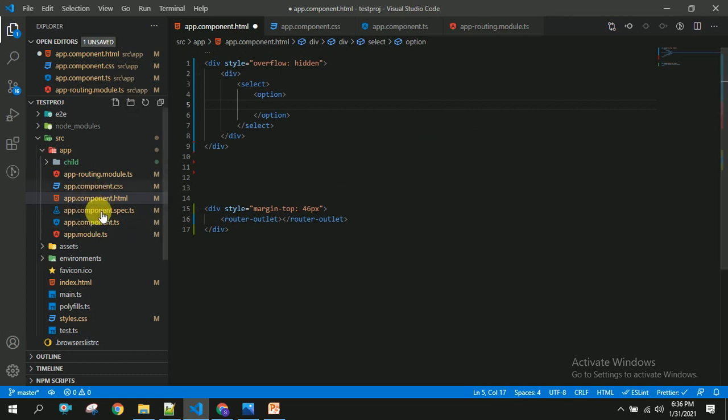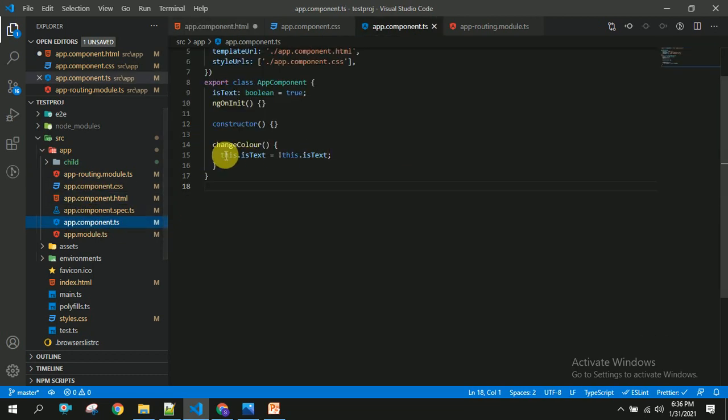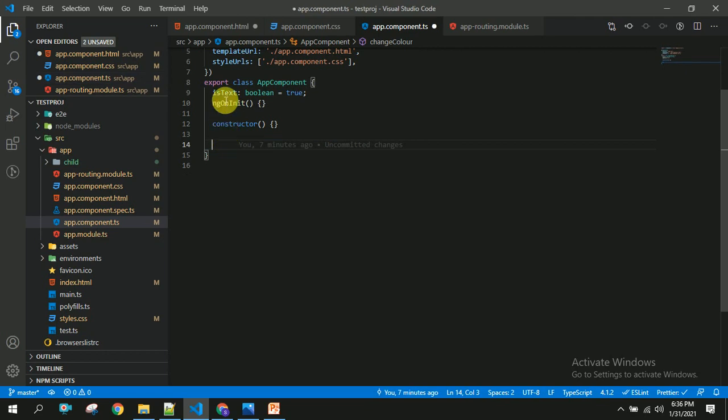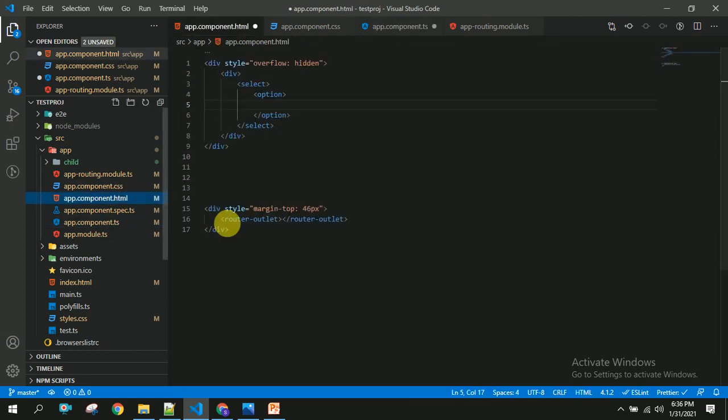So first we are going to app.component.ts. Here we will create countries array. In this countries array, I am going to take India, and the next one is US, and I am going to bind these countries to my HTML by using ngFor.